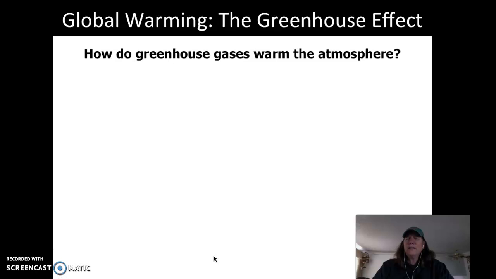Okay, one of the things we talk about a lot with the environment is greenhouse gases. Greenhouse gases are methane, carbon dioxide. Carbon dioxide is a big one because whenever you burn things, combustion, you release carbon dioxide. Okay, carbon dioxide isn't a pollutant in the sense that, you know, it's not poisonous or anything. But now it's a pollutant because we have too much in the air, and what it does is it traps